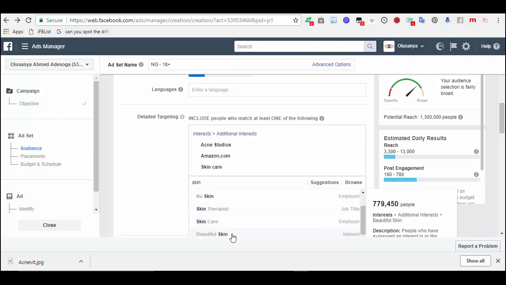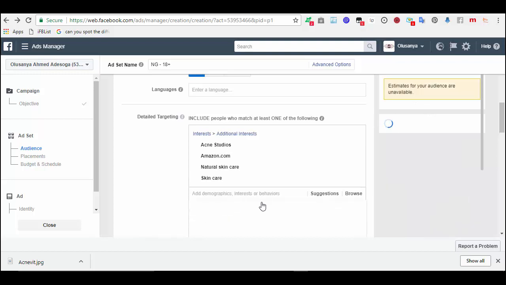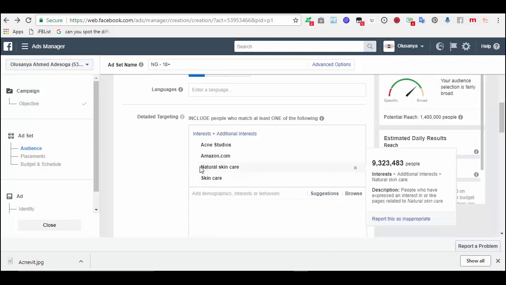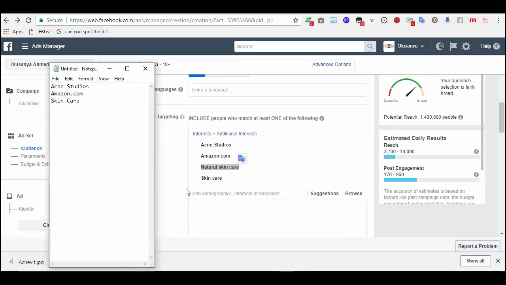Skincare employers, no. Beautiful skin, no, I don't want this. Skin therapies, no. Natural skincare, that is good. Natural skincare is also okay. So let's choose those two. Control C, let's choose that.